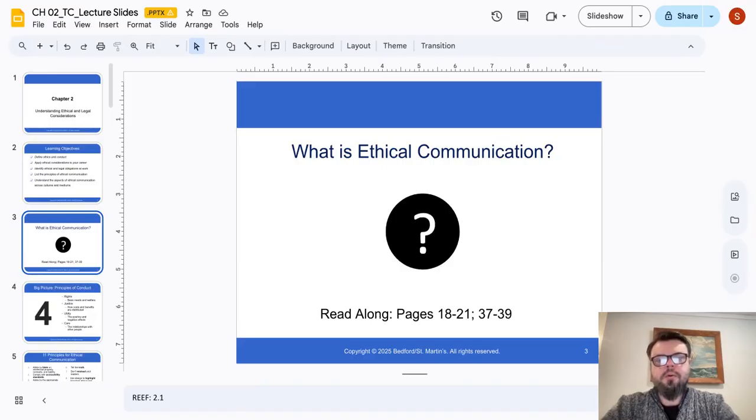So, what is ethical communication anyway? At its core, ethics is the study of principles of conduct, how people ought to behave. Some people think of ethics as gut instinct or personal values, others connect it to religion or the Golden Rule. In professional settings, though, ethics requires more than intuition. It requires deliberate reasoning. In technical communication, ethical communication usually shows up through very practical concerns.